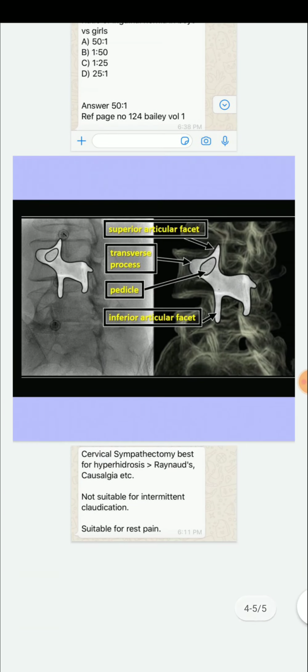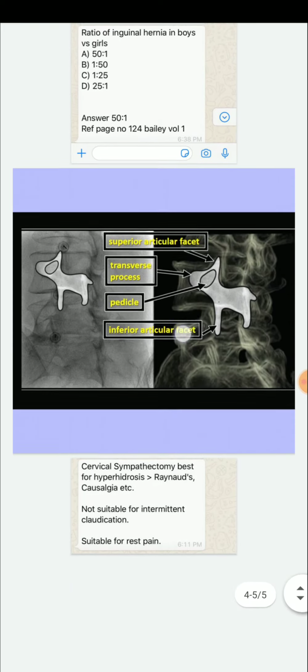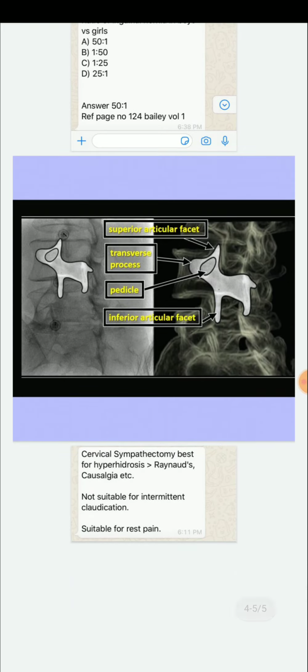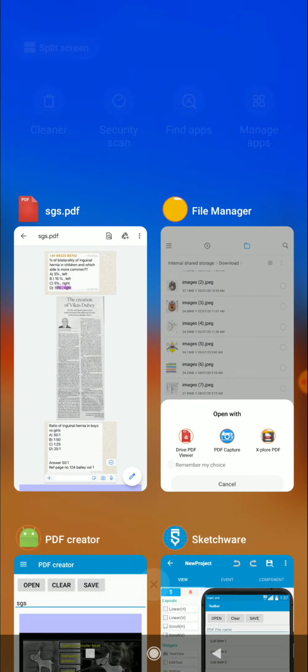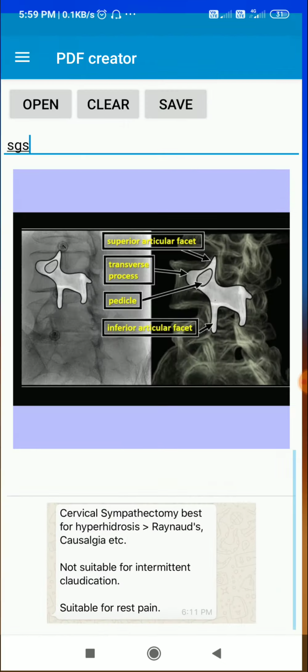So if we have to set a common width for all the pages, we have to find the image with maximum width and set it as the width of all the pages. So here I will show you how to do that. So let's move to Sketchware.